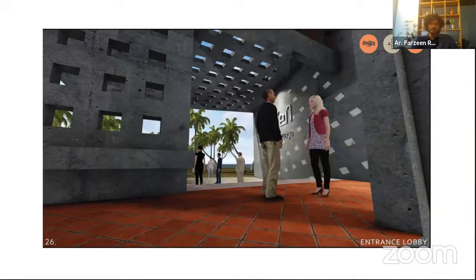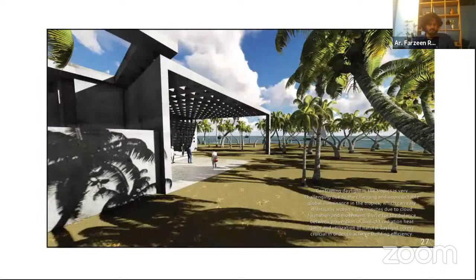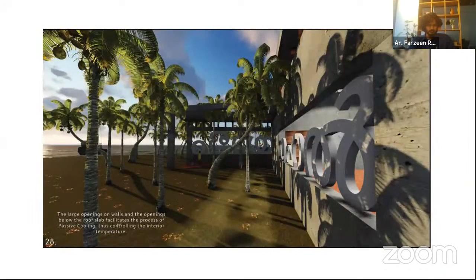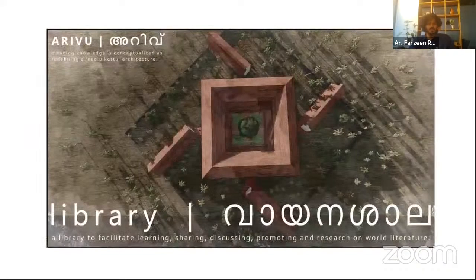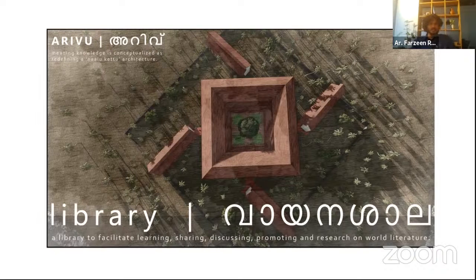and these are the views of the Center for Language, with large openings and spaces to actually promote their dialect. And next is the library space. In Malayalam, we call it Vayanashala.